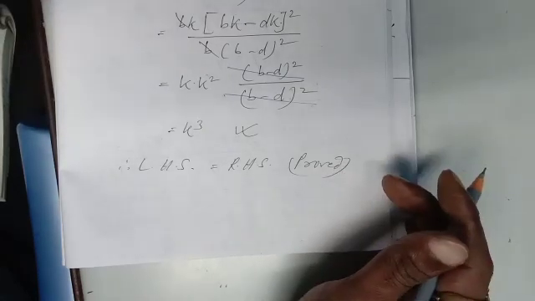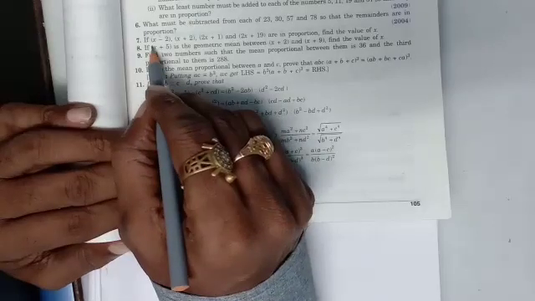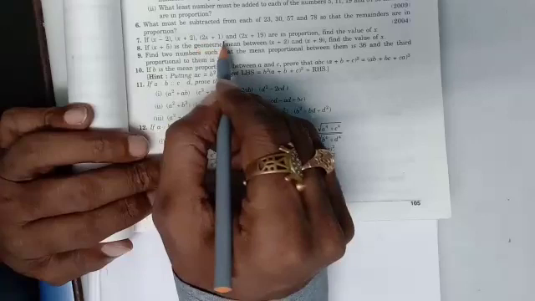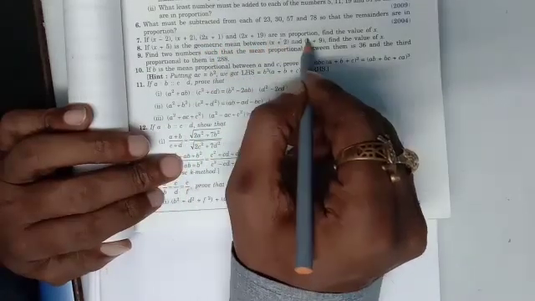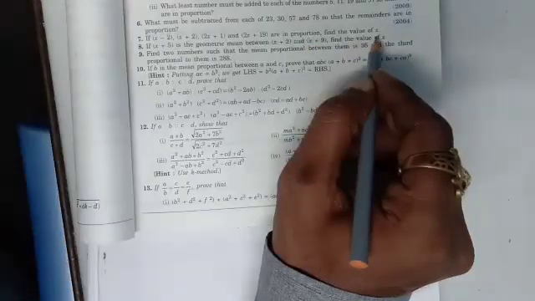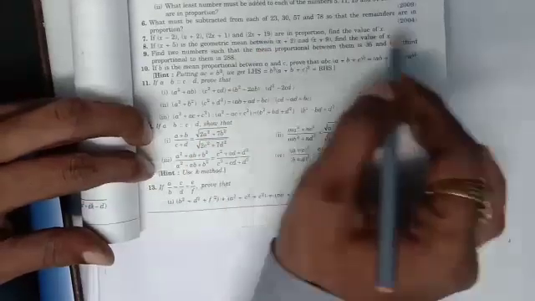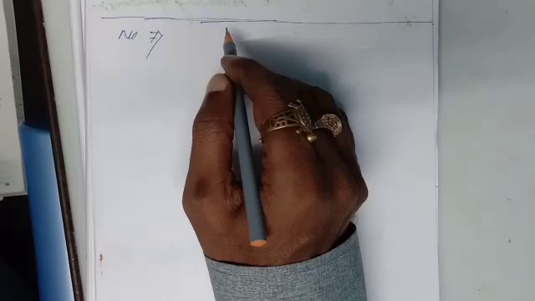Let us go one more. Next question I am taking number 7. See, if x minus 2, x plus 2, 2x plus 1, 2x plus 19 are in proportion, find the value of x. See, there are 4 terms, their proportion is given, and you have to find out the value of x. Just see, question number 7. Same exercise, exercise 9A.